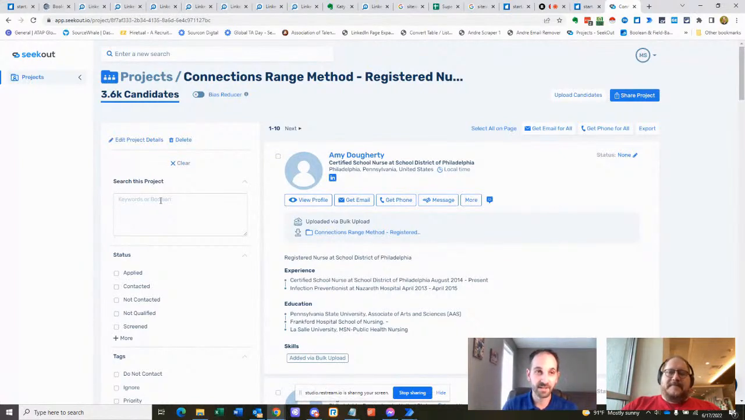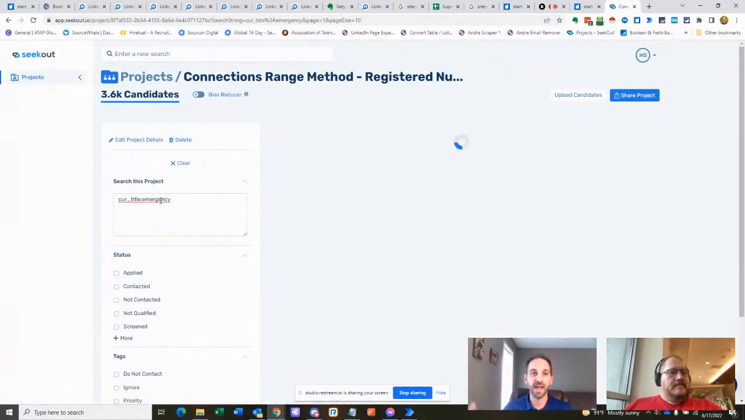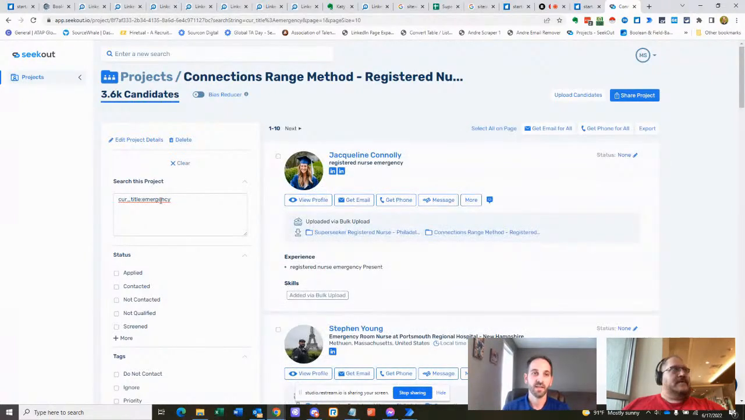So if you wanted to find people that have the current title emergency, you could use the advanced operator to narrow this down to people that have an emergency room nurse, cardiac, or whatever. Yeah. So I guess what I'm saying is, you can almost replace LinkedIn Recruiter for free using the connections